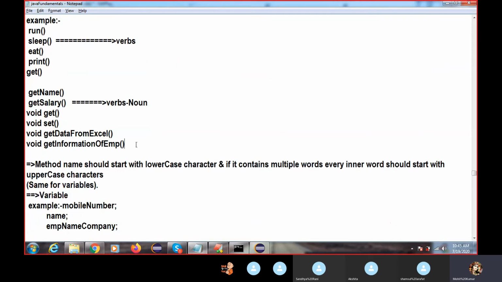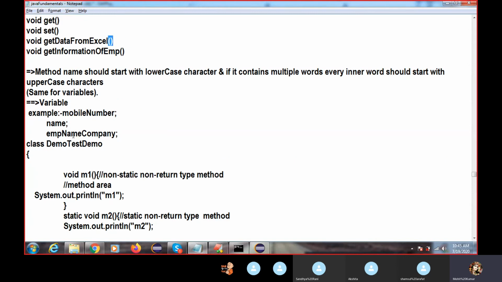Variables follow the same convention, but here we are not using parentheses. When you create a variable, you can see mobile number, right? This is a variable name. If you have a single word, we use only a small-letter word here. But here I did not mention how to write a class name.